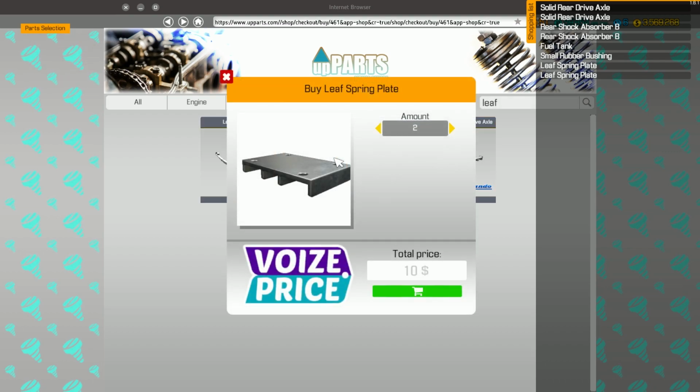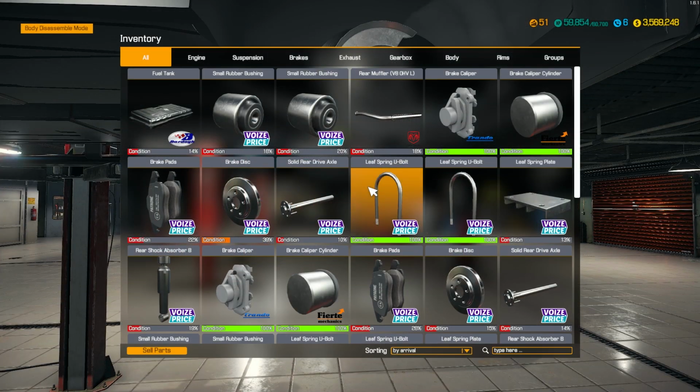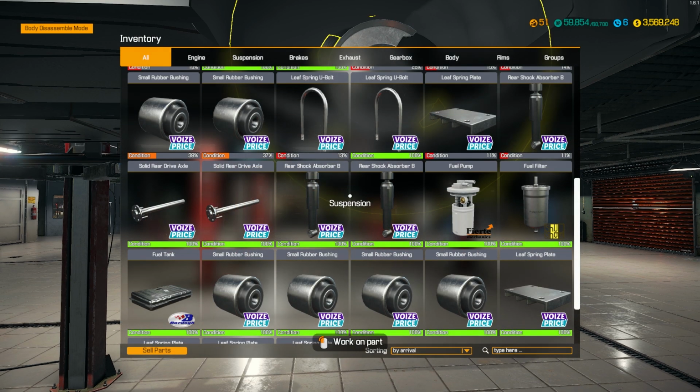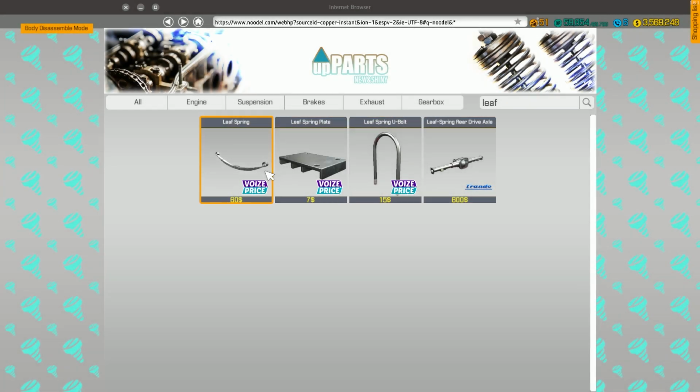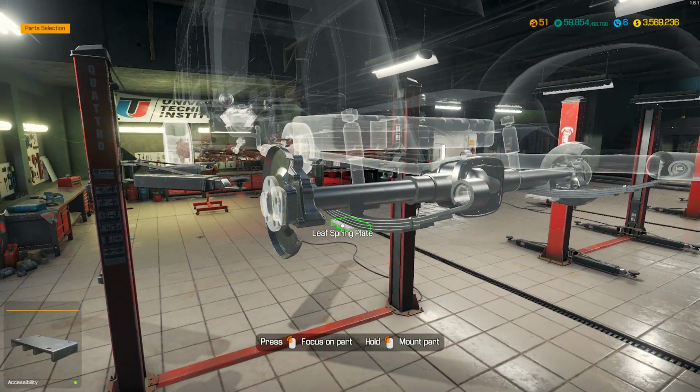I'll go ahead and check and see what we need for... Oh, I just bought 4... Why did I just buy 4 leaf spring plates? Son of a gun. Alright, let's open up the inventory here. Let's see if we need any of these bolts. We need 1 bolt. Oops, wrong button. Yeah, I bought 4 plates. We didn't need that many. So, it's just some...